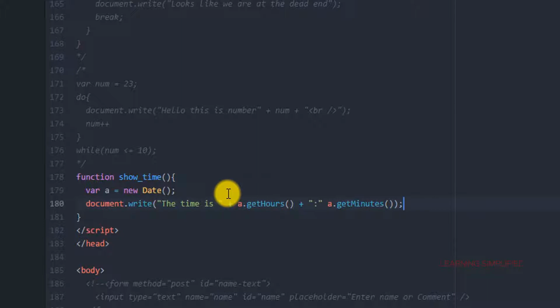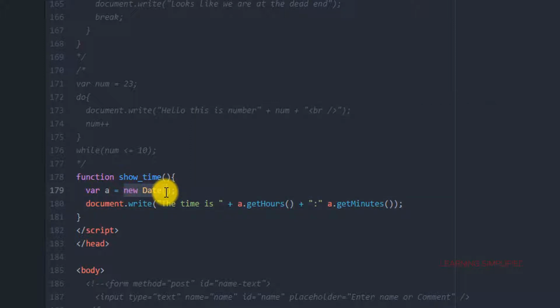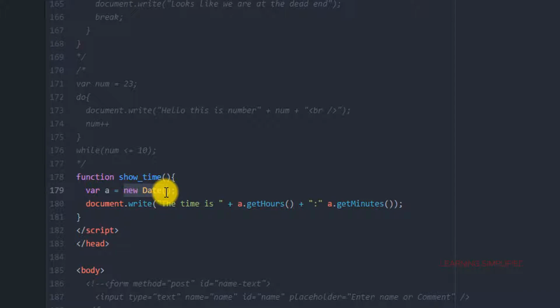Now the thing is about these definitions. What are these things doing over here, such as this new date, this get hours, all those things? What are they doing exactly over here? The first thing that we can see, this new date function, practically invokes a particular date object that lets you work with dates. It actually invokes the year, the month, the date, the hours, the minutes, the seconds, the milliseconds. All those things are being executed over here. All we have to do is fetch and retrieve those values from the user's machine.